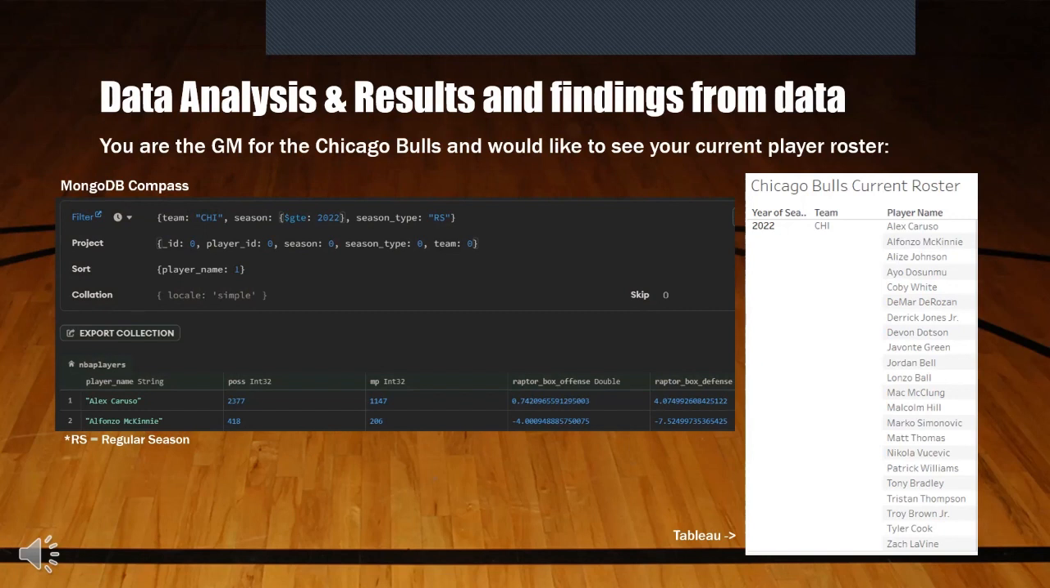Our first use case is you as the GM for the Chicago Bulls, and you would like to see your current player roster. So on MongoDB, you can input the following parameters as seen in the gray screenshot to the left, and you would eventually get the results that you can start to see at the bottom of the screenshot. You can start to see your players, other interesting statistics, and the beginning of the Raptor statistics that this project revolves around. And just a note, RS in this case, and for the rest of the presentation, stands for regular